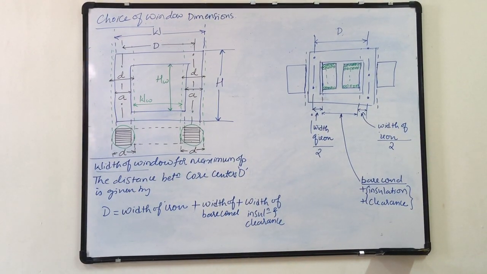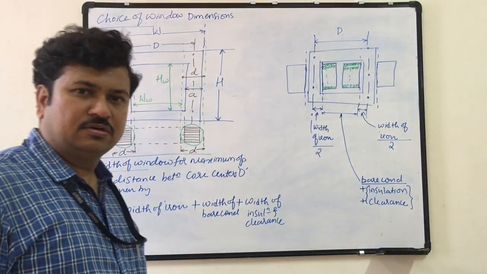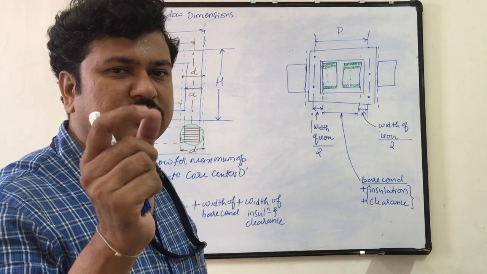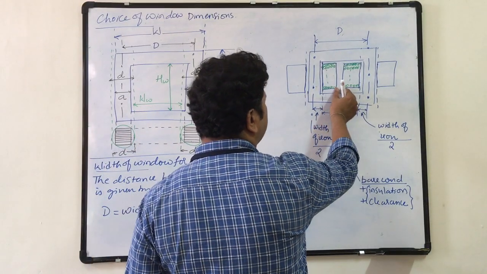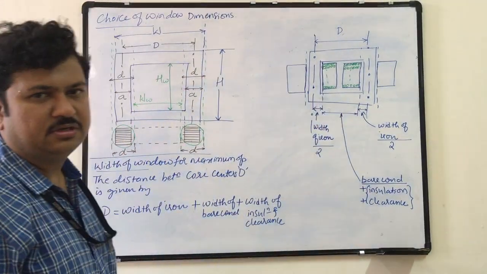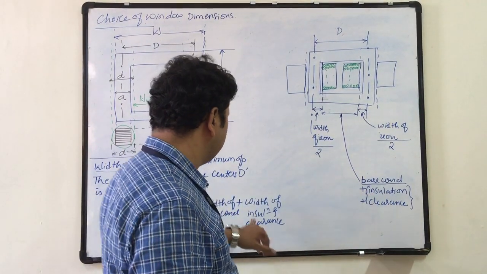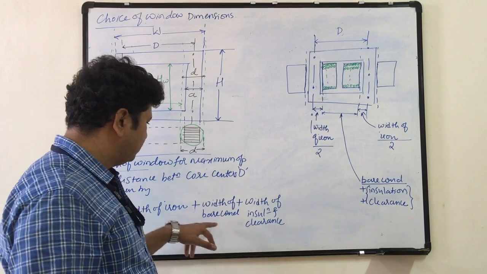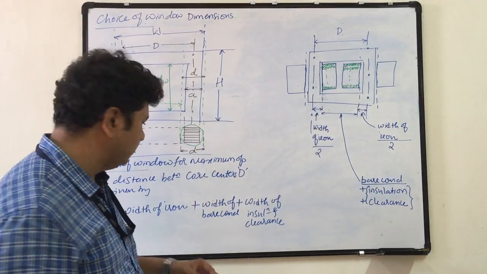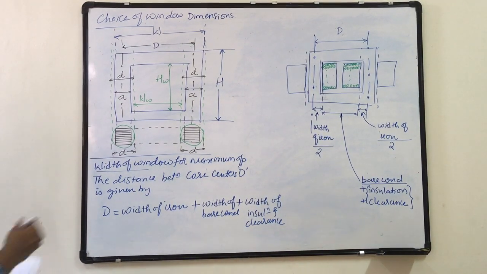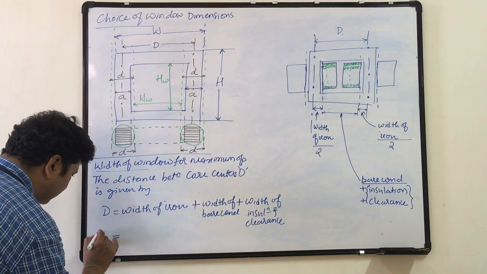Also, each layer is insulated. Also, each winding is insulated. And there is some clearance left in between these two cylindrical windings. So that will include width of insulation and clearance, the third part. Second part is width of bare conductor. First part is width of iron. So I can write D is equal to